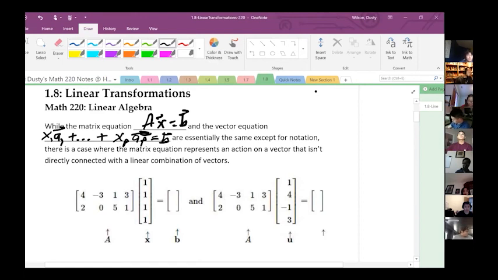So while these are essentially the same thing, except for the notation, the AX equals B tells us something or helps us understand something new. So there's a case where the matrix equation represents an action on a vector that isn't directly connected with a linear combination of vectors. So here we're talking about linear transformations, and basically they're going to give us an action on a vector. So for example, if you look at these two below, you have matrix A times X, and